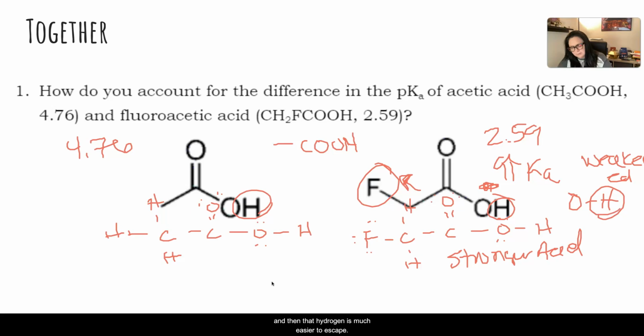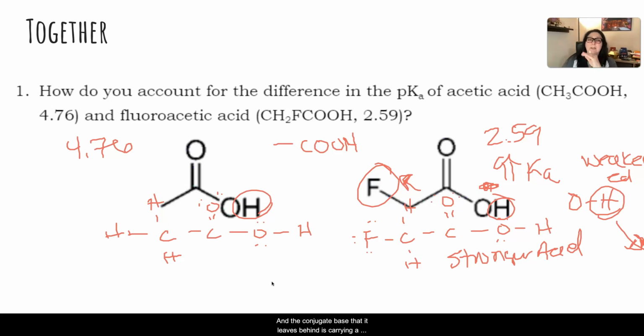And then that hydrogen is much easier to escape. If the OH bond is weak, then that hydrogen is going to escape. It's gone. It's out of here. So the more electronegative is the inductive effect. So that electronegative atom is added in there instead of a hydrogen. It pulls the electrons away from everything and towards itself. And when it does that, it weakens that OH bond. That hydrogen's much more